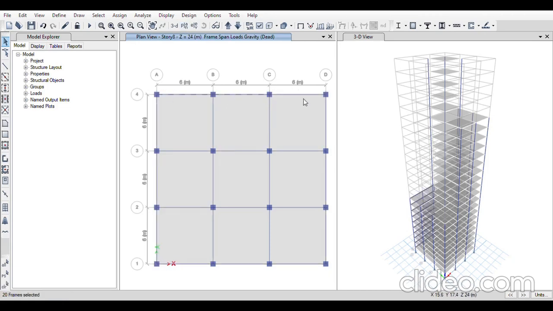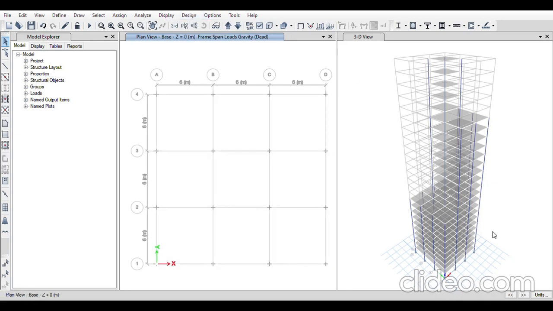I'll select all the exterior beams to assign the cladding load. I'll take assign, frame load, distributed, point 2, and I'll click on OK. This assigns. Now I'll go to base and I'll click on OK.